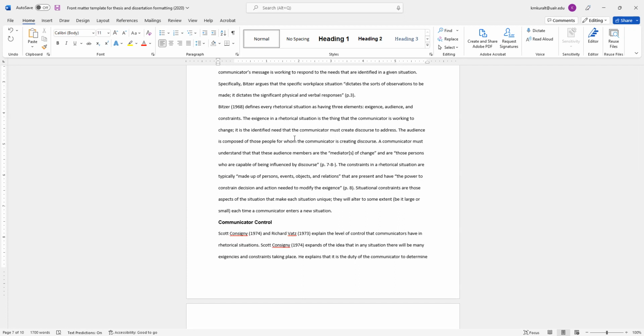I had a poor lady one time who worked on her dissertation on 3 different computers because it depended on what computer lab she was in, and it involved 3 different versions of Word. And she was in tears when she came to my office because her formatting was so messed up because the different versions of Word were overwriting each other.